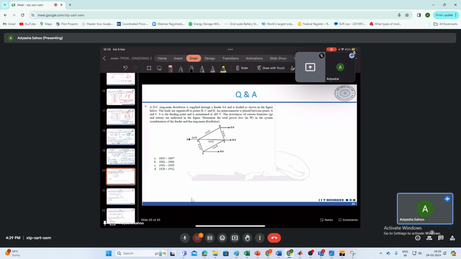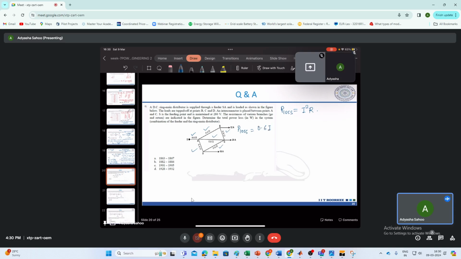Combination of feeder and ring main means power loss in this branch, this and this. So what will be the power loss? It will be I square R. The total power loss will be